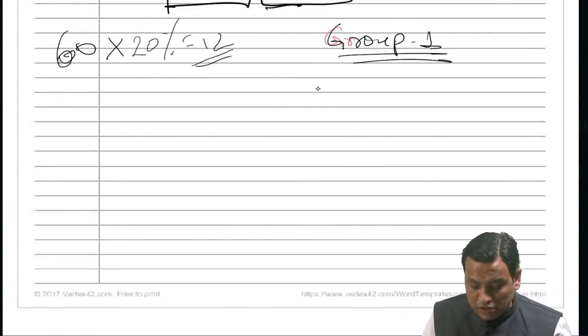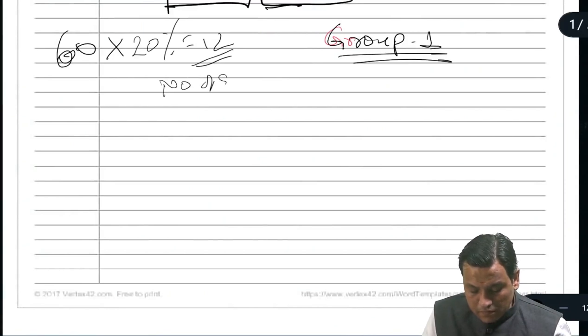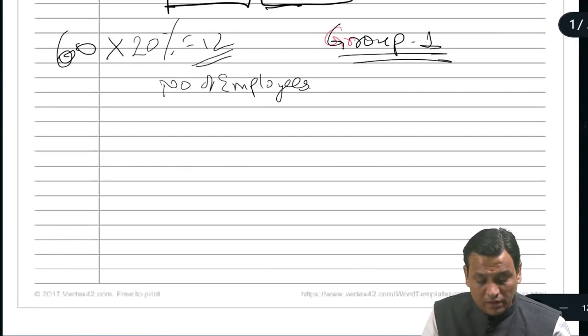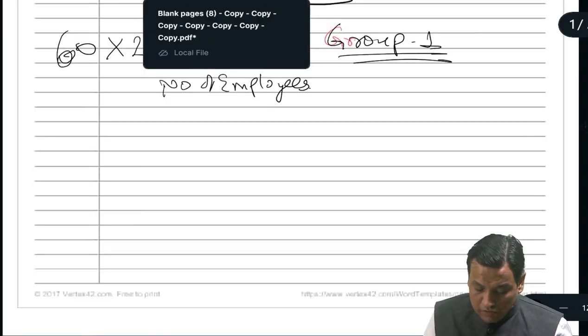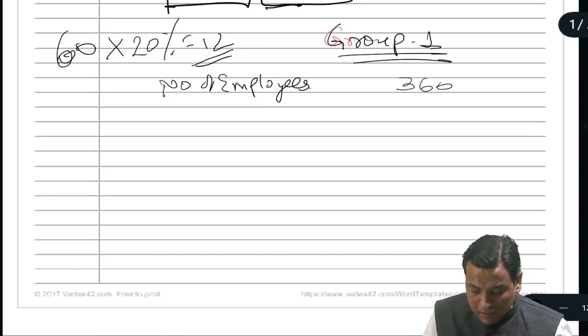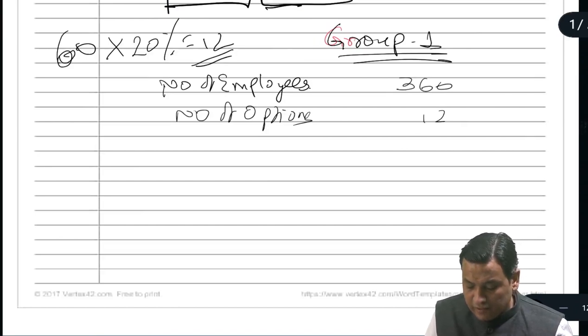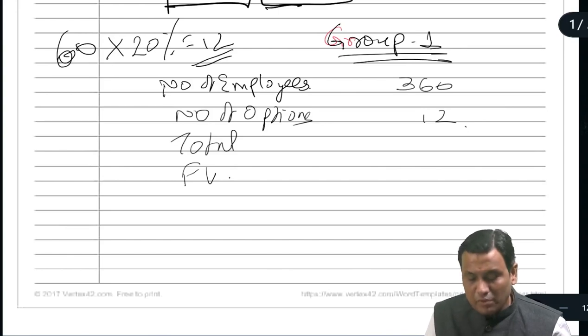So your number of employees is how much? I hope you remember, we used to make this way. Number of employees will be nothing but only those who have not left. How many? 40 have left out. So we will be having 360 employees. Number of options 12. So we have the total, and then we have fair value, and the whole amount will be recognized as an